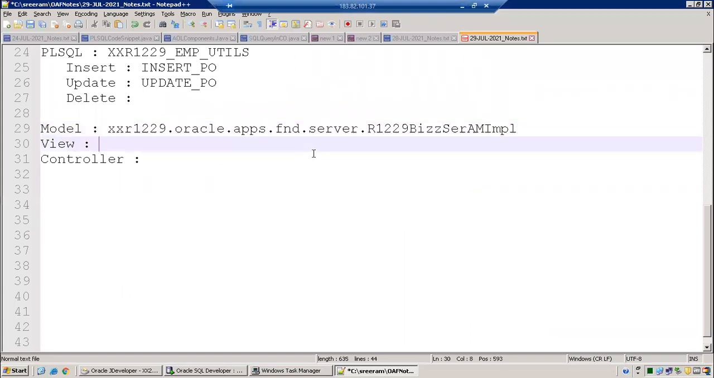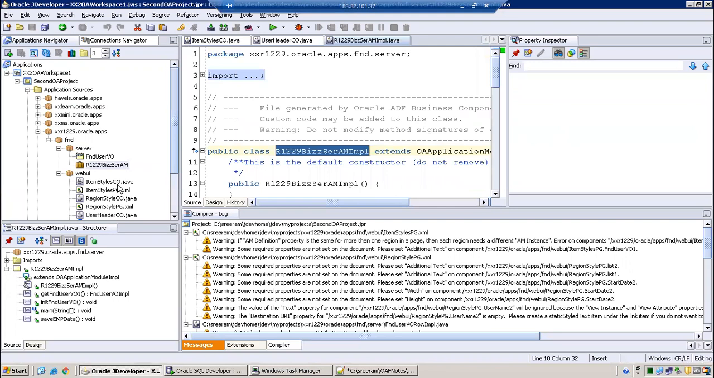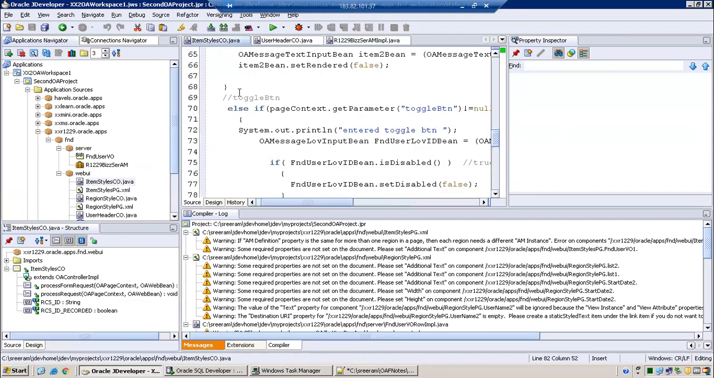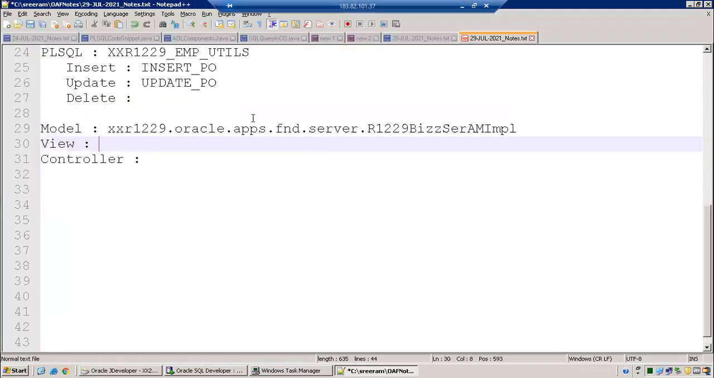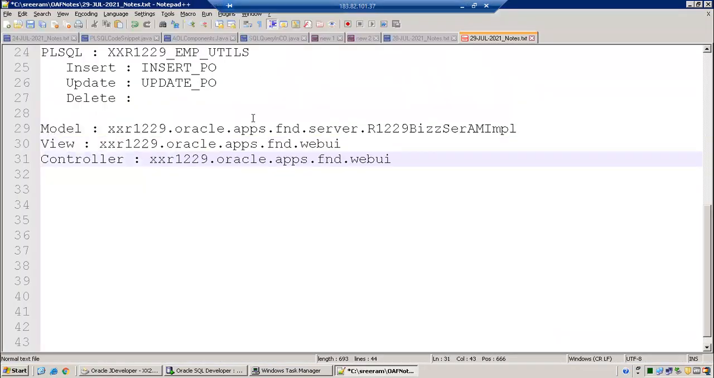And view. Okay, so view as well as controller. What we do is we'll say PODML using PLSQL PG. Okay. Similarly, PODML using PLSQL CO. Okay. So now